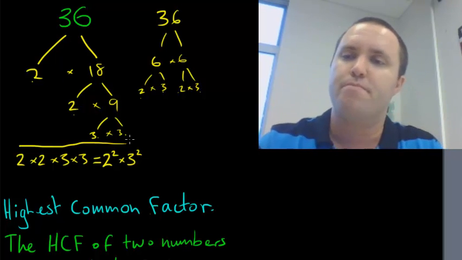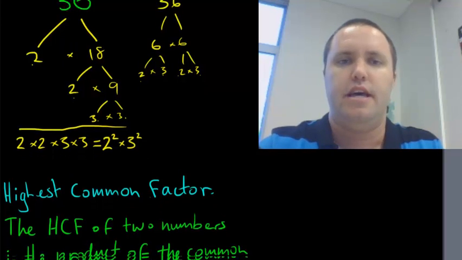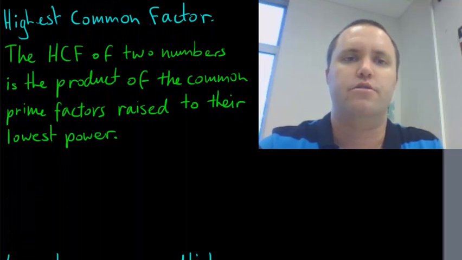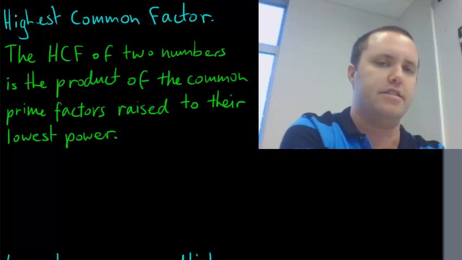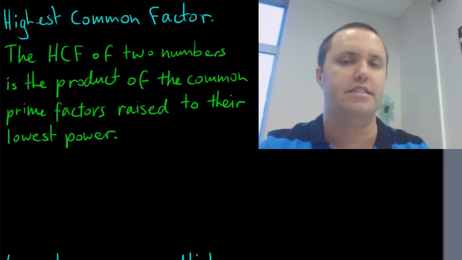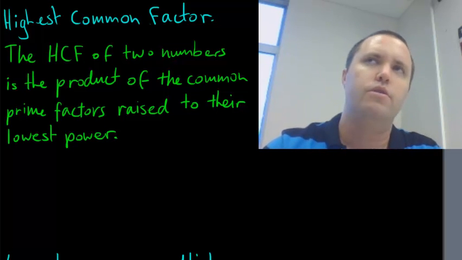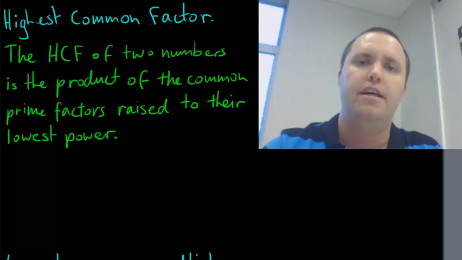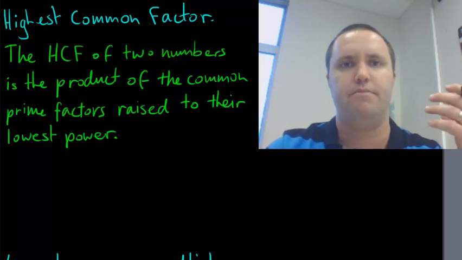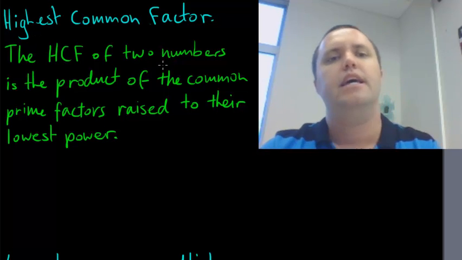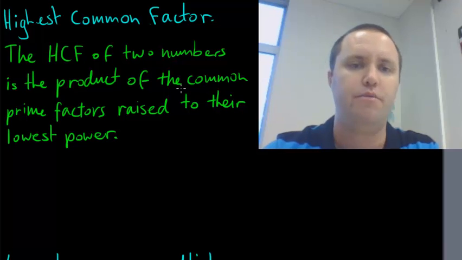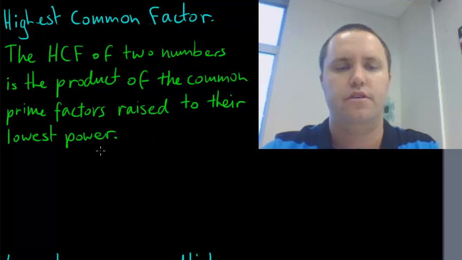Now, we do actually use these, and it's quite powerful, because one of the things that we've been doing this term is, or will be doing, is working with highest common factors. Now, sometimes finding highest common factors isn't the easiest thing to do, or is sometimes a little laborious. So there's a little trick using these factor trees and prime decompositions, is that the highest common factor of two numbers is the product of the common prime factors raised to their lowest power. So let's do the highest common factor of